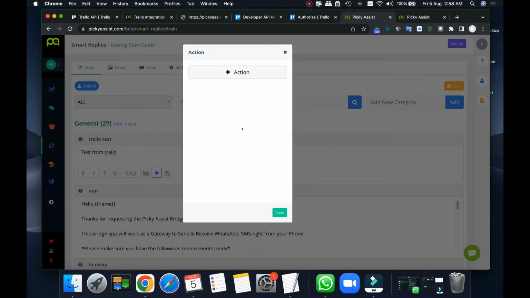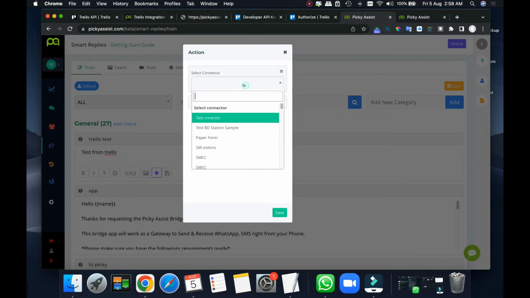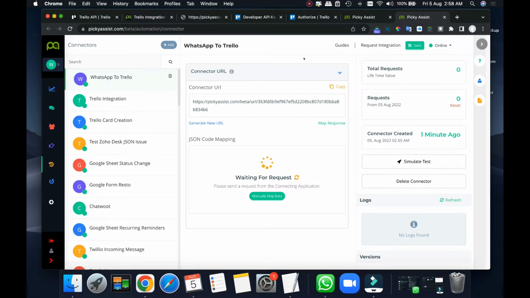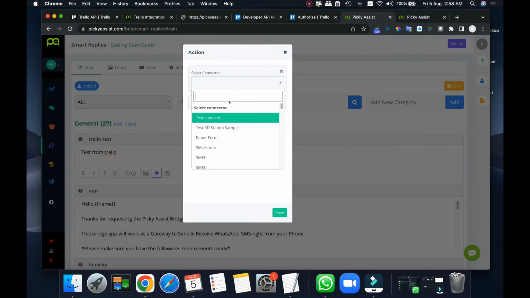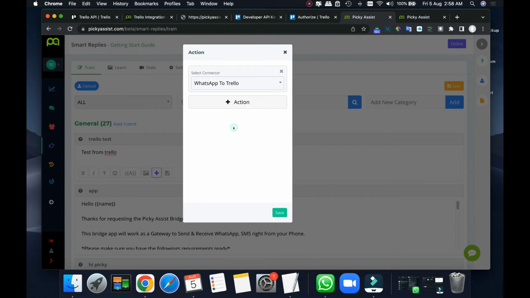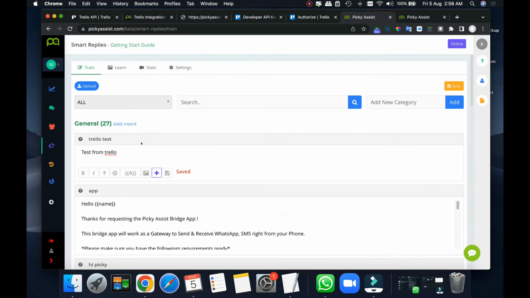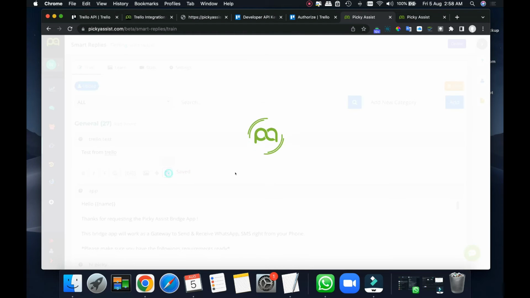Then click on actions, then here you will be able to find route to connector. Select the connector. This is what we created. The name was WhatsApp to Trello, so WhatsApp to Trello, save.